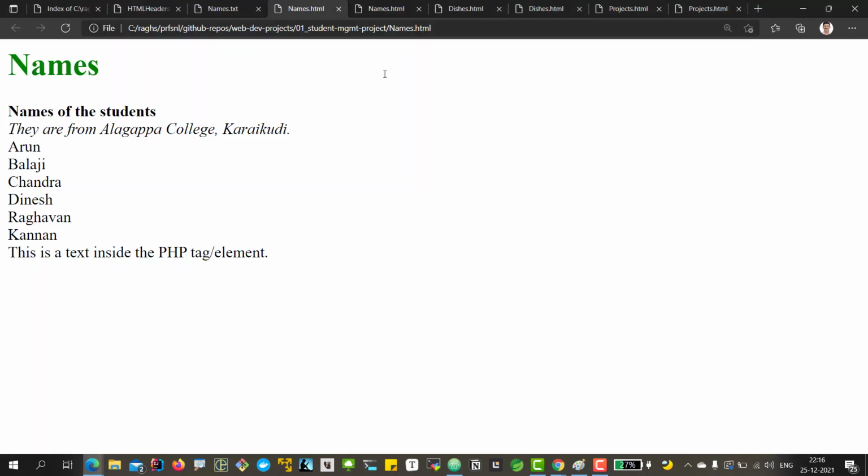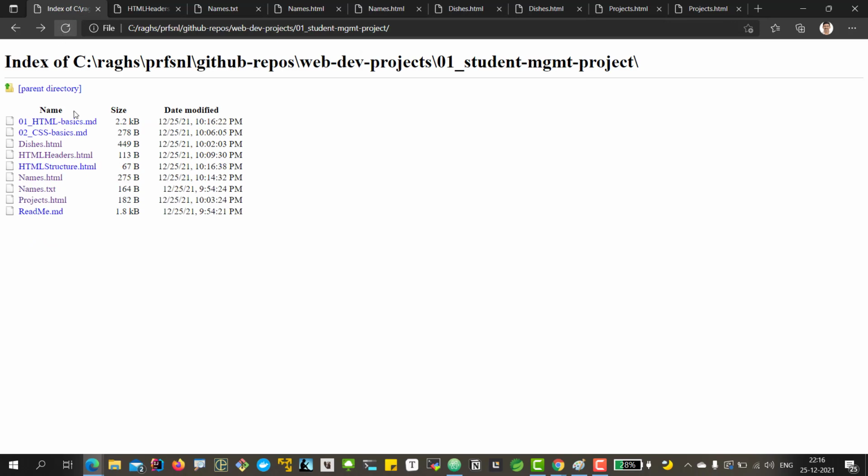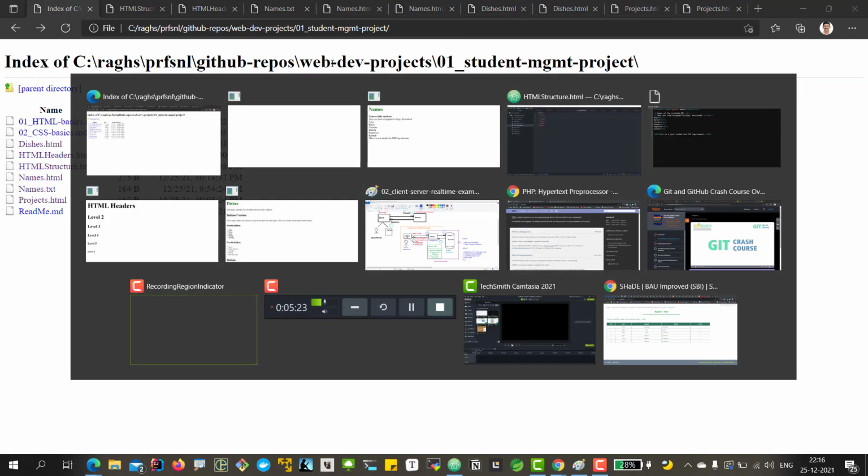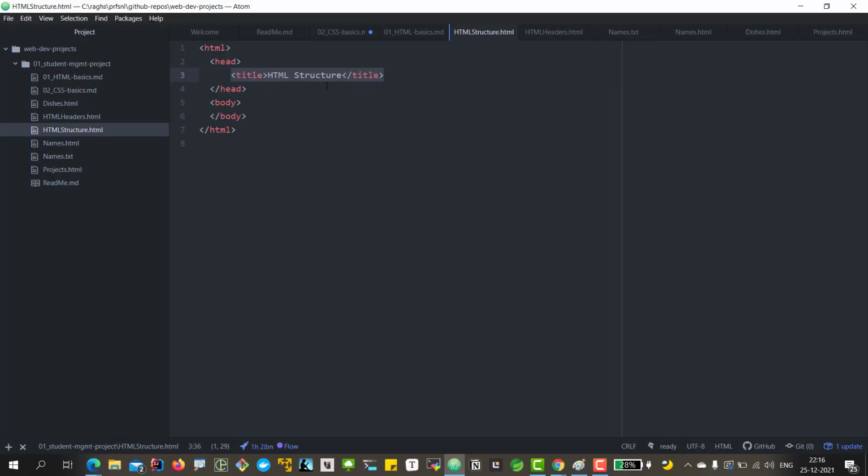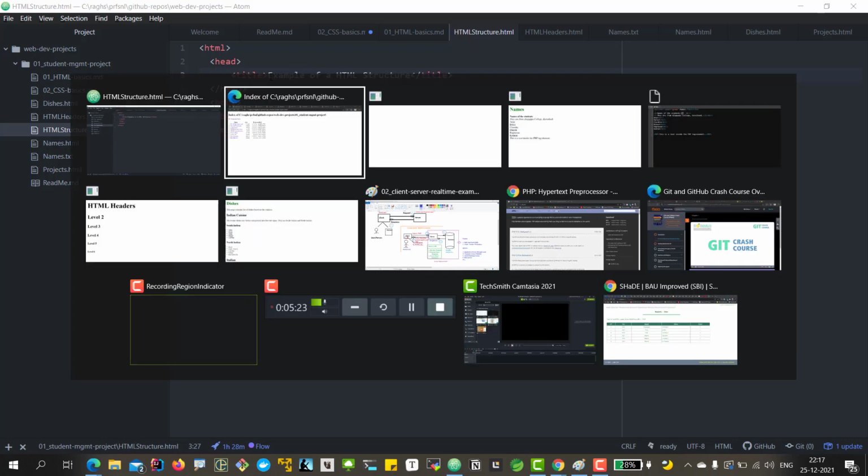Okay, let's go here. Do you see any title here? Names, everything, names.html, so it is there, right? Let's assume I refresh this page, HTML structure. You see HTML structure.html, nothing is there, right? So what I'm gonna do here, example of HTML structure, right? I come here and refresh it. You see